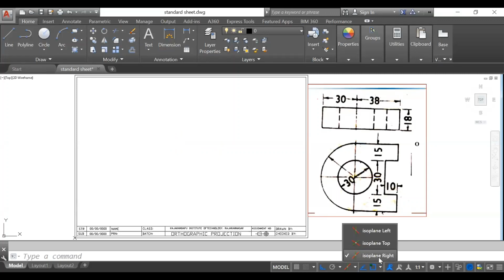Otherwise, here you can check out isoplane: right, top, and left. So these are the 3 different planes visible here. If I want to take the left plane, I can click and go to this one. And if I use Control E or F5 button, I can change the mode of the cursor. So there are 3 modes: front view, top view, and side view mode. I will consider left, right, and top plane. According to the position of the diagram, or according to the drawing in the diagram, you have to change the cursor mode. So the cursor mode can be changed according to the drawing.